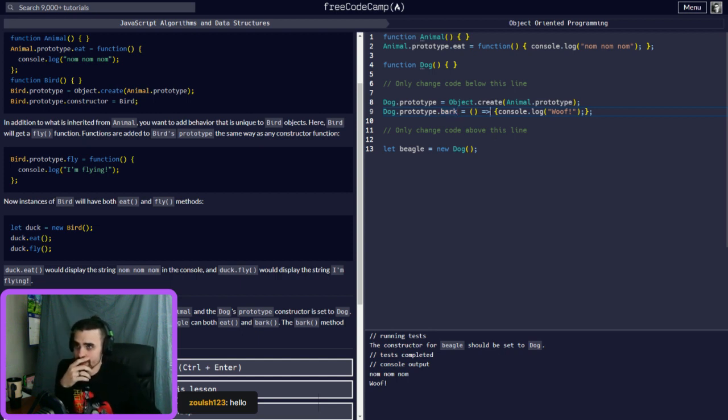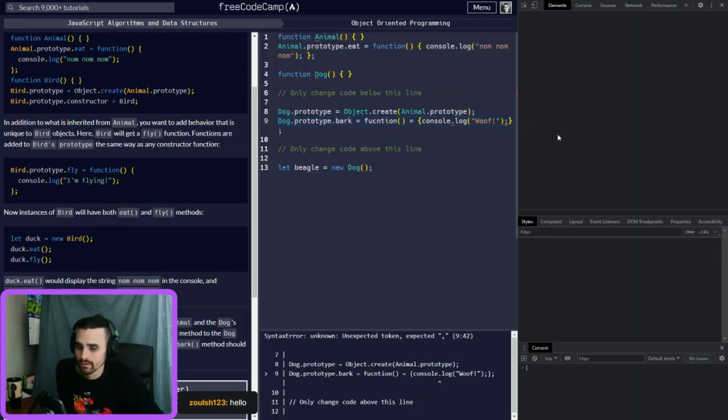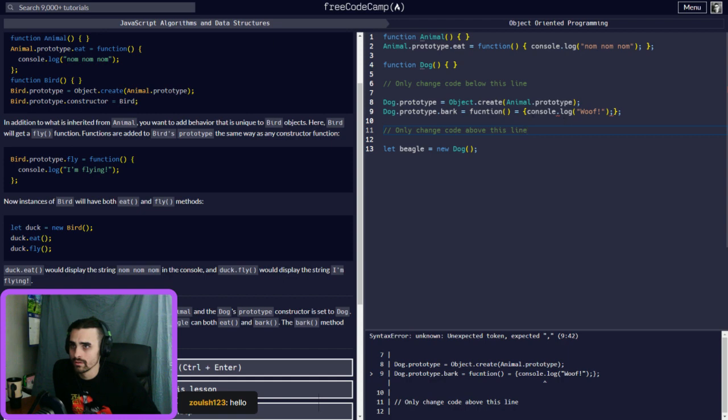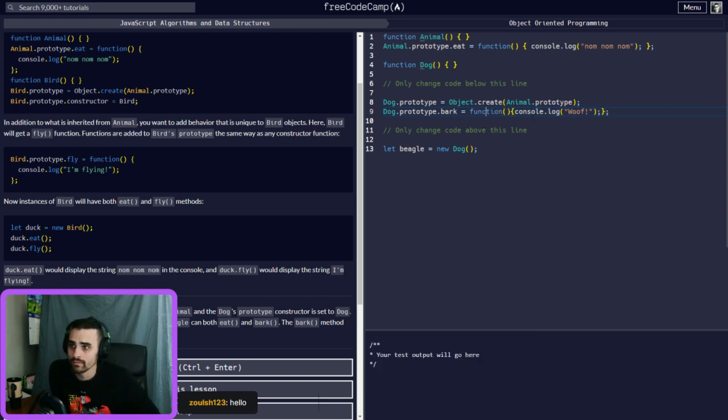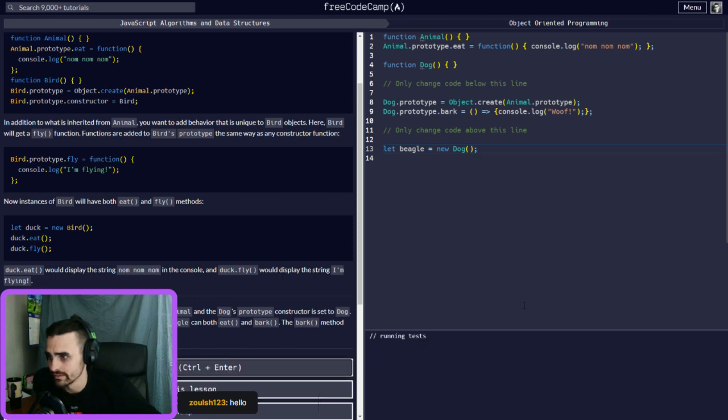I mean, this arrow function, it wouldn't matter. I could just write the function and it would do it the same way. Like .bark = function, and oops. It does the exact same thing, so it doesn't matter.